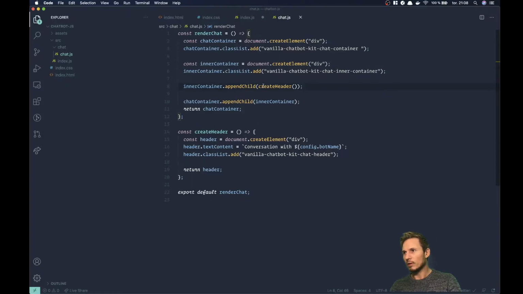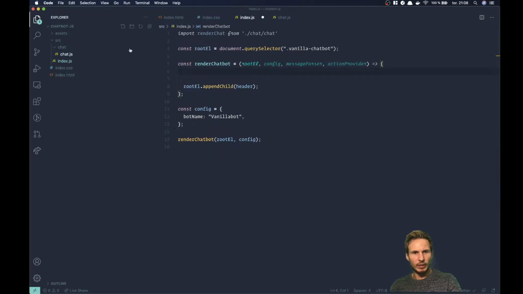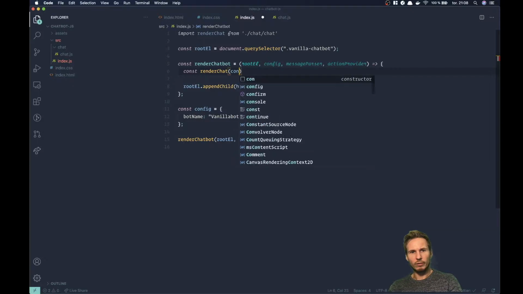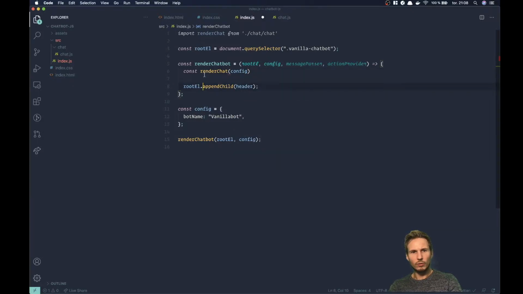So we're adding the header here, returning the chat container, and inside of our index file, we now need to call the render chat function. So render chat, and this is going to have a dependency on the config. So we'll go ahead and pass in the config to the chat function or render chat,